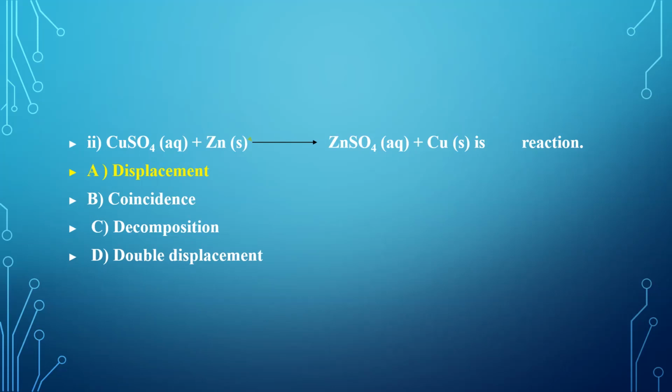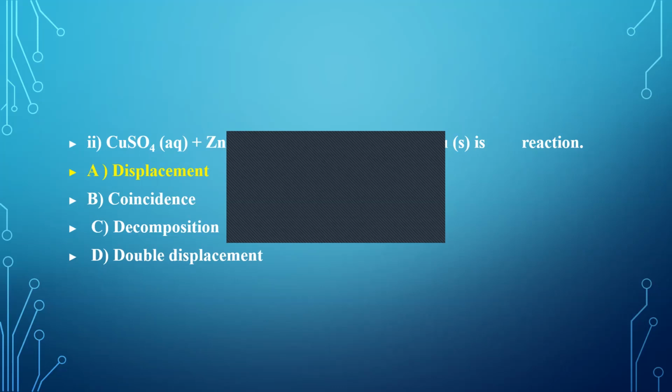So the answer will be here A, that is displacement reaction. CuSO4, that is copper sulfate plus zinc, gives us zinc sulfate plus copper. So this is nothing but a displacement reaction. The second MCQ, you have understood what is the answer and how to evaluate it, how to get to the answer, right? Now see students, next we are going to see